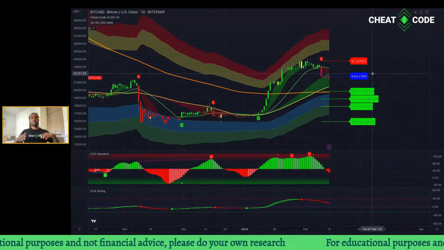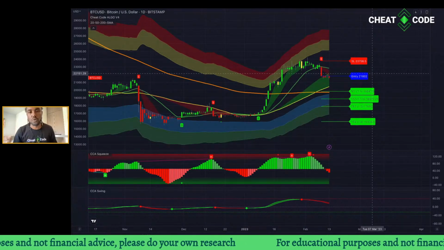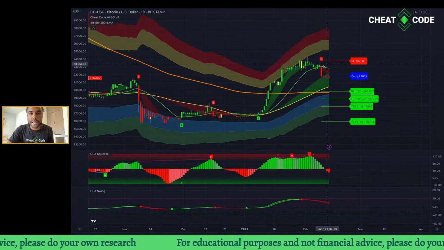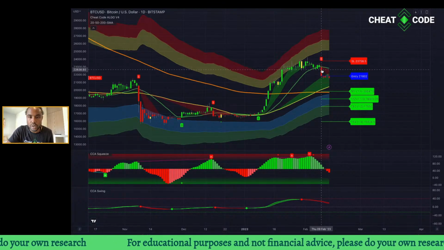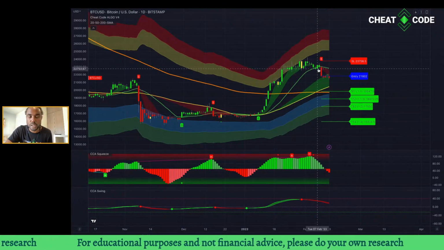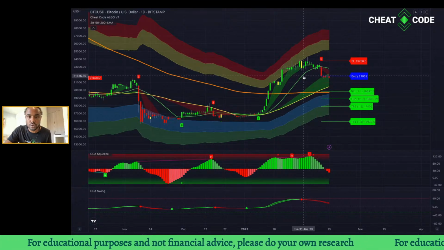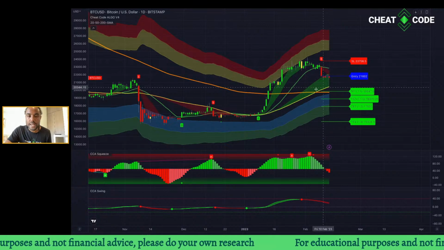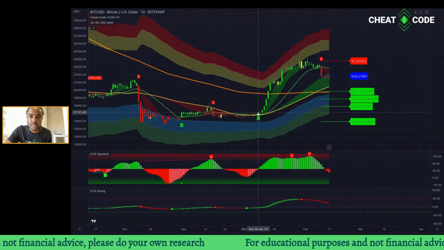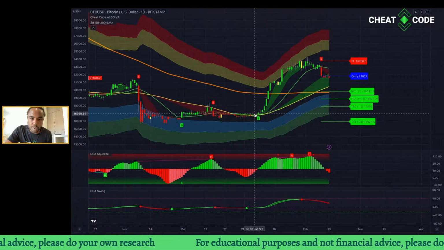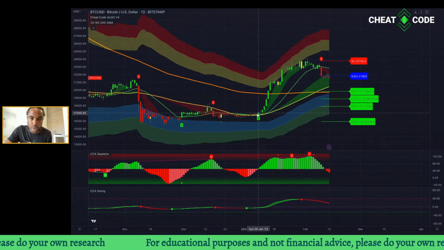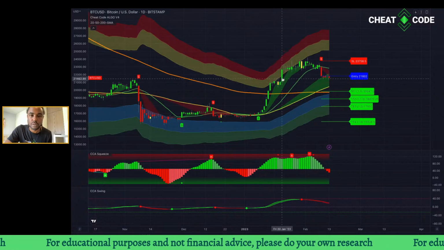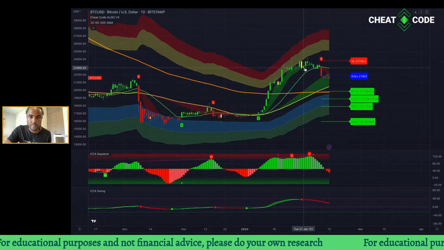Now, rule of thumb when it comes to the 20 simple moving average: if it ever closes below it, that is a bearish signal. If the market closes below the 20, which is this green line, that is a bearish signal. You can see here it broke through it, right? Now, if it closes above it, that is a bullish signal. So as we began to close more and confirm this 20 here, as well as it reclaimed the 50, it became super bullish here for Bitcoin, right?